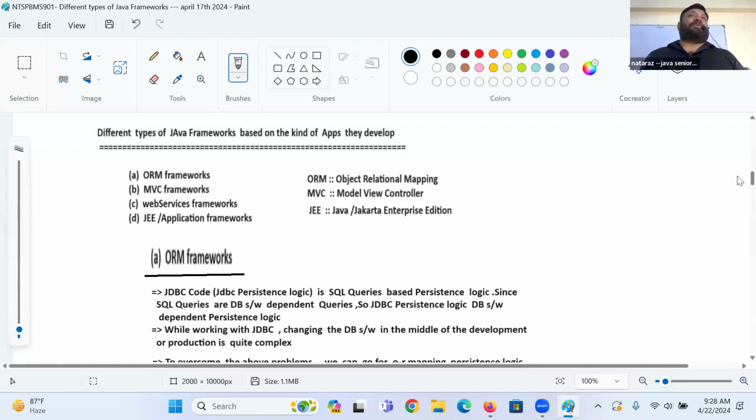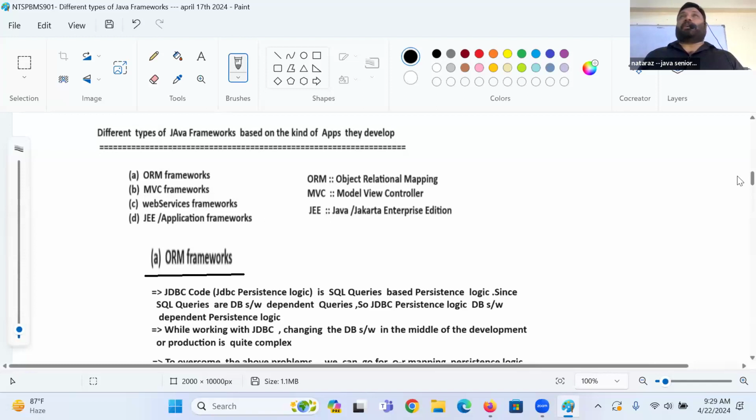ORM framework is providing abstraction on servlet, JSP or JDBC. What is the difference between JDBC and ORM framework based logic development? JDBC based persistence logic is SQL queries based. SQL queries are database software dependent queries. So JDBC persistence logic is database software dependent persistence logic or not?